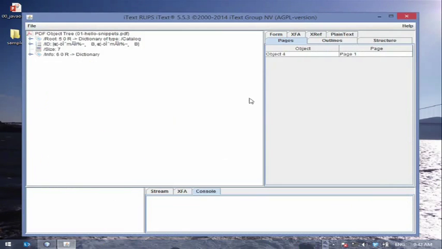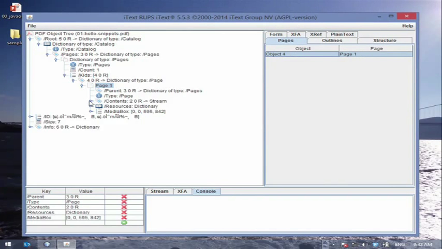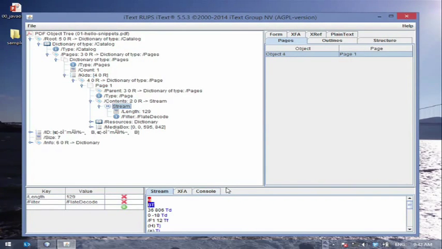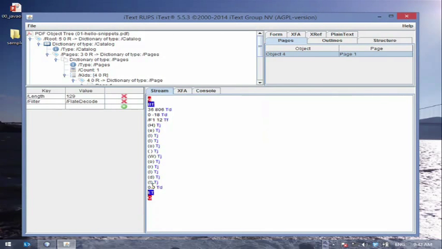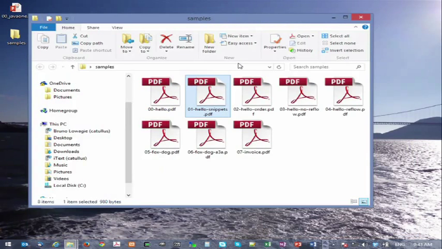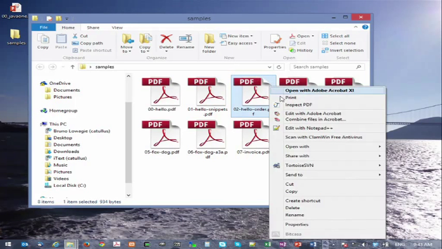So if we inspect the hello snippets example, and we look at the contents, we see that now hello world is stored all in different letters. So we have 1 show text per character. Hello world. So this looks identical to the previous file, but the content is stored in a slightly different way. And what Raf thought about the logical reading order, so in PDF UA, you have to make sure that the reading order is correct, the way a human would read it.